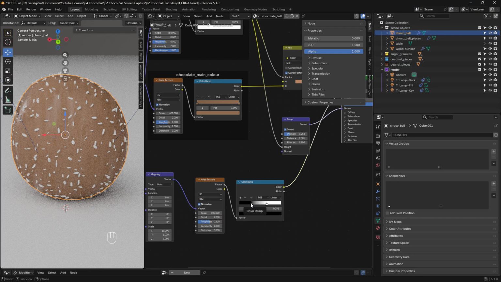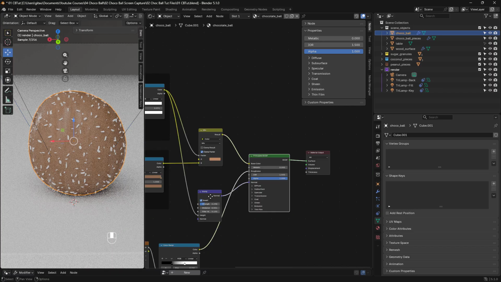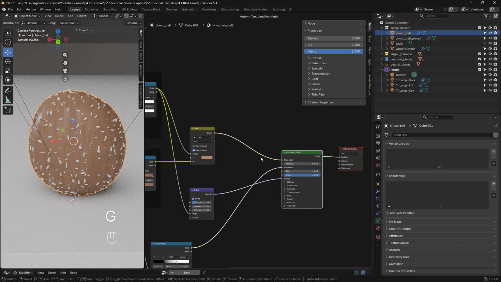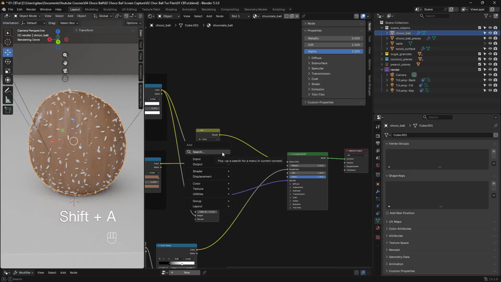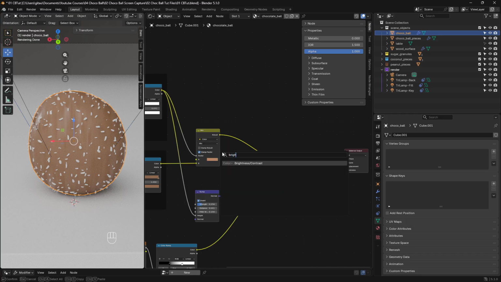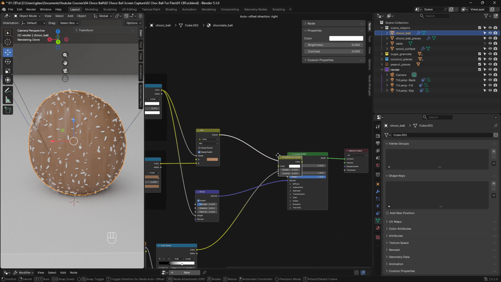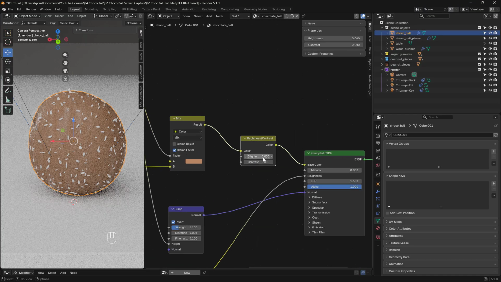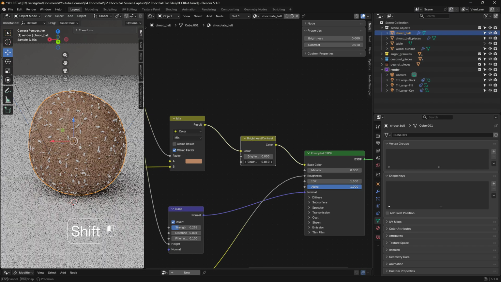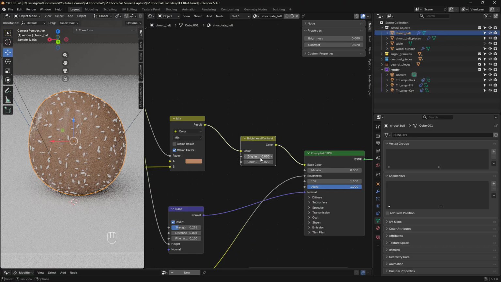So it's kind of broken up, right? Another thing we could do is just after this mix, hit Shift A. We could add a brightness and contrast if you wanted the brown to be a bit richer, so we could add brightness / contrast just after the mix before we connect it to the color. Then we can reduce the contrast. Then with the brightness, also reduce that. I want it to be a really richer brown, because if you compare with what we had before and what we have now,